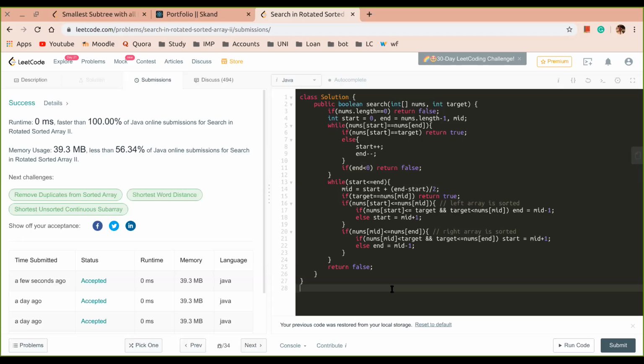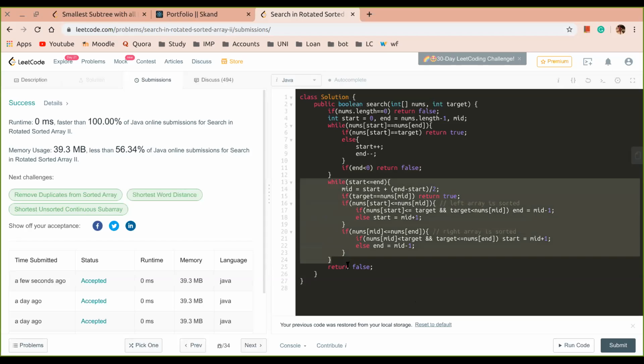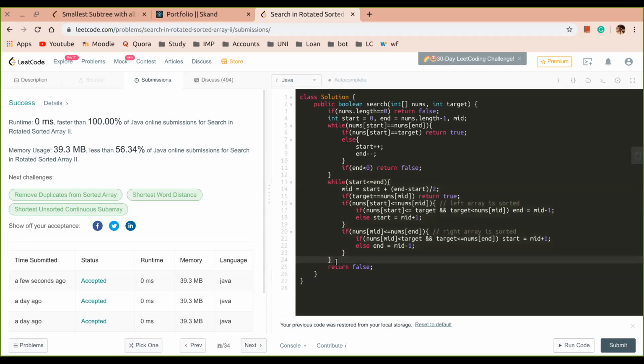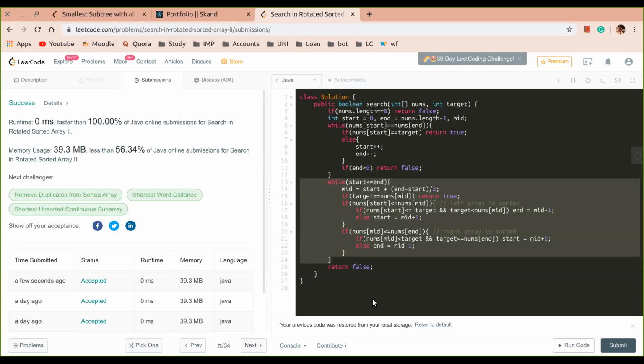And so for your rotated one, you are not using the pivot way, right? Sorry, what way? If you want to find a target in the rotated array, the second while loop. You are doing a binary search normally. Yeah, that's the first part, the normal binary search in a rotated array.